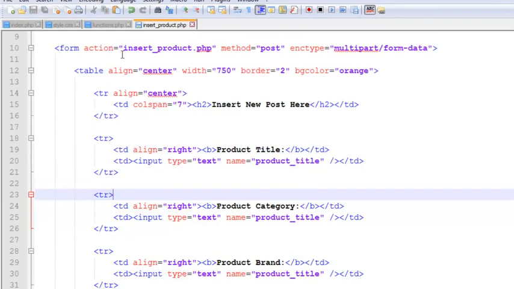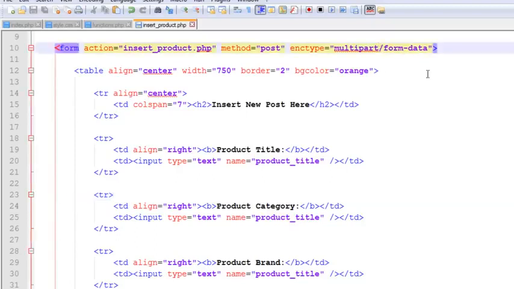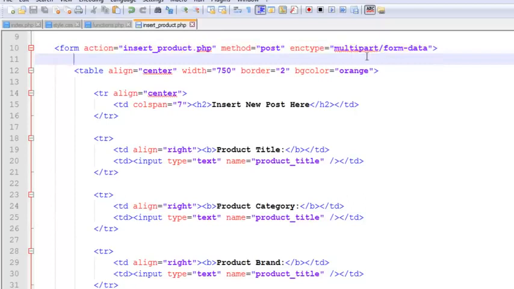We inserted a form whose action is insert_product.php, and method is post, and enctype is multipart form data. That is basically added to insert images or videos etc. in a form. After that, we just